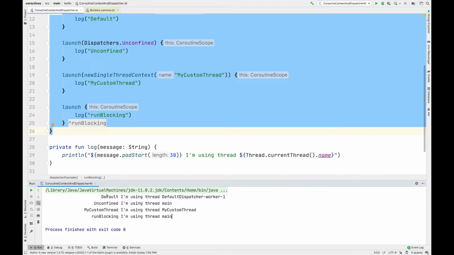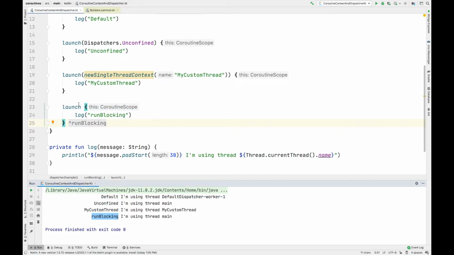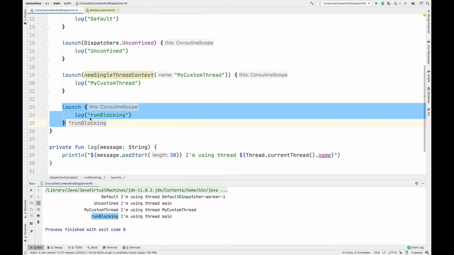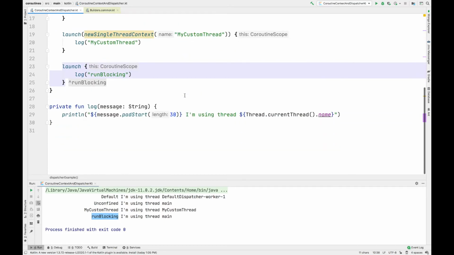If you see here, for the default dispatcher, it is using default dispatcher worker 1, and for unconfined it is using the main thread, and for custom thread it created its own thread, and then for the default one where we passed run blocking, this launch is using the main thread. In the run blocking, this launch where we haven't passed any dispatcher, by default it will be